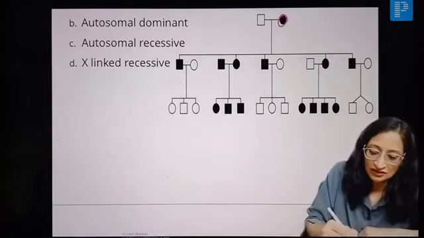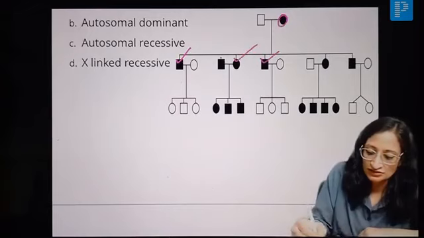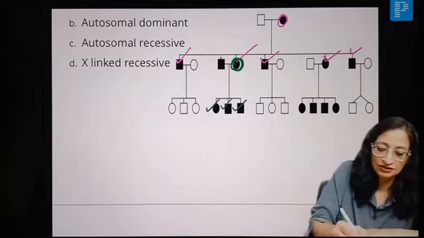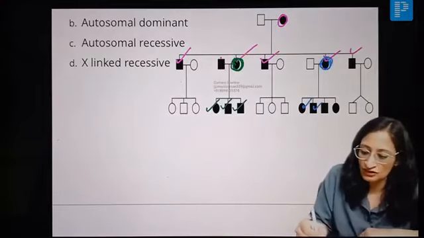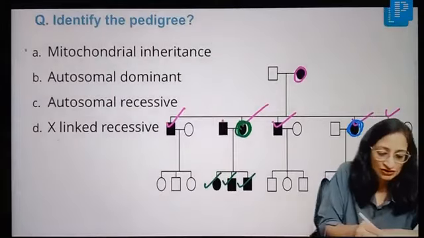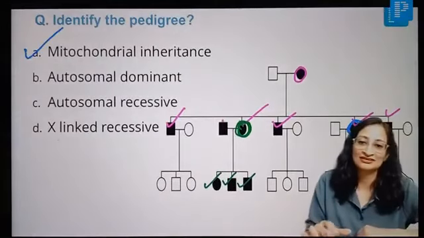This female is affected and all her children, this male, this are affected. Again, what do you see here? This female is affected and all her children are affected. What else do you see? You can see this female is affected, all her children are affected. So what is the inheritance here? Yes, what is your diagnosis? So this is very good. So it is mitochondrial or maternal inheritance, right?